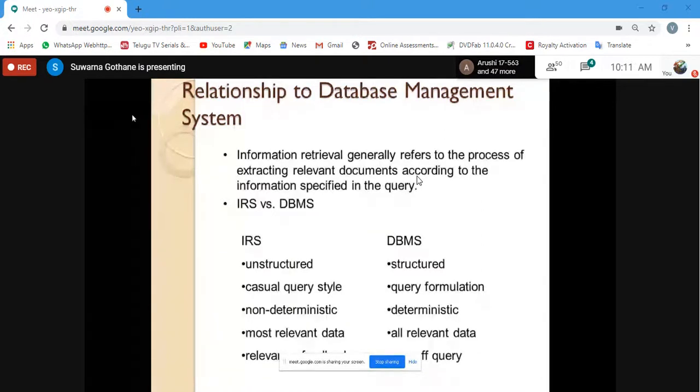But where do we find the difference between these? If you look at the structure, you can identify that a relational database is the arrangement of data in the form of rows and columns, which has a tabular structure representing your data. I think you could have learned this in DBMS.